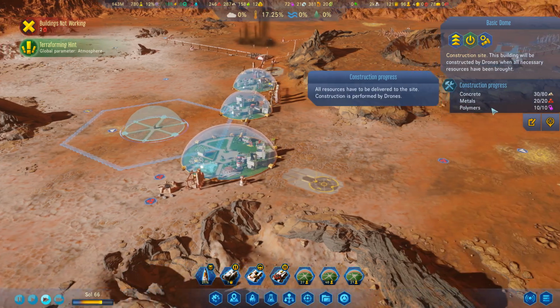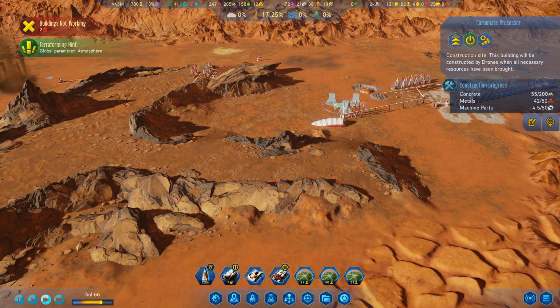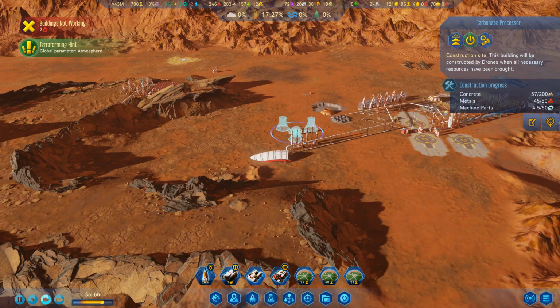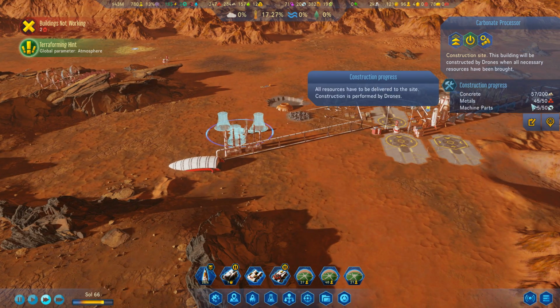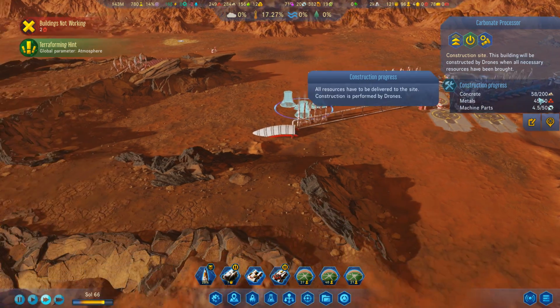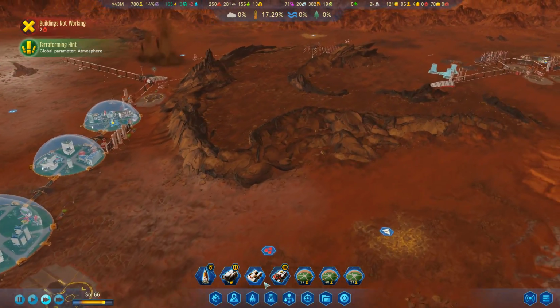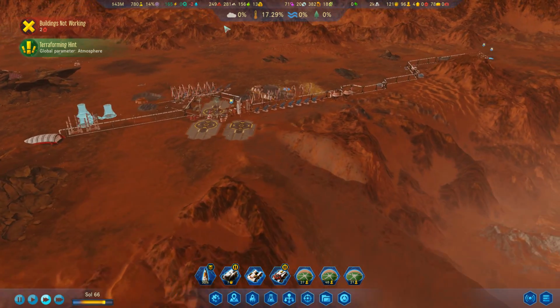All right, so we're waiting on 50 concrete here for the basic dome, and we're waiting on a lot more concrete and a lot more machine parts. Once all the metals have been put into place, that's one thing the drones don't have to worry about carrying back and forth, so they can focus on the other resources. We still, by the way, you might have noticed, don't have...